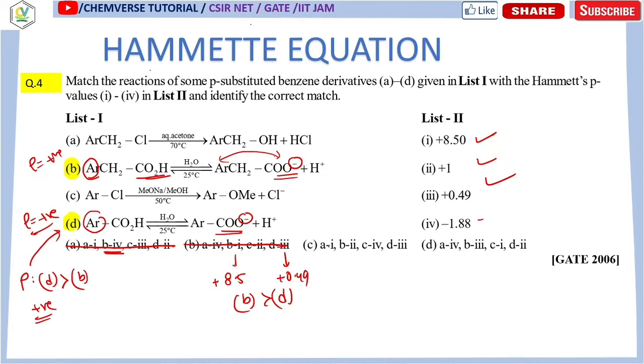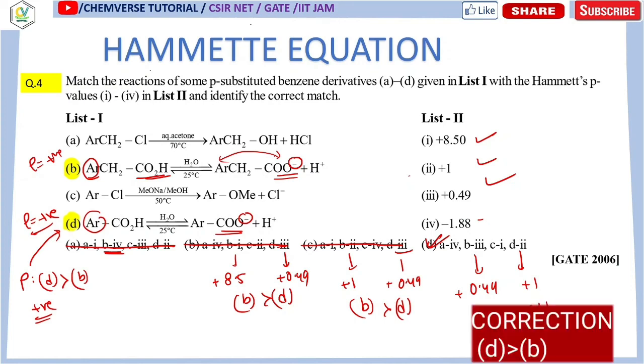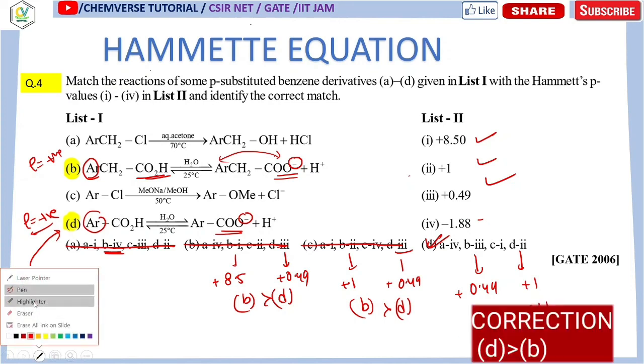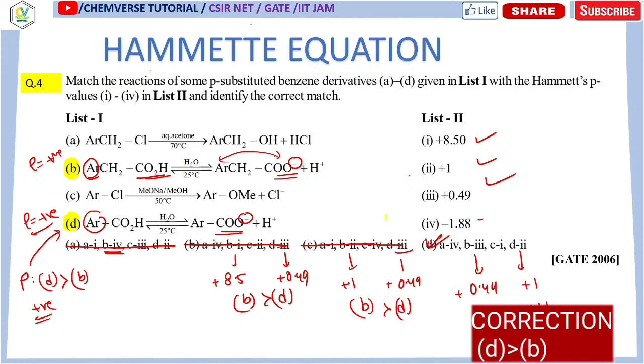If you compare option C, over here B is 2, 2 means plus 1, and D is 3, 3 means plus 0.49. So over here also B is greater than D, so this cannot be your answer, so this is also ruled out. Your only option left is D. And here also you can compare this, B is 3, 3 means 0.49, and D is 2, 2 means plus 1. So in this case only D is greater than B. So only regarding this equation, what you have already just seen, that it is distance dependent, and utilizing that, you can easily mark option number D.